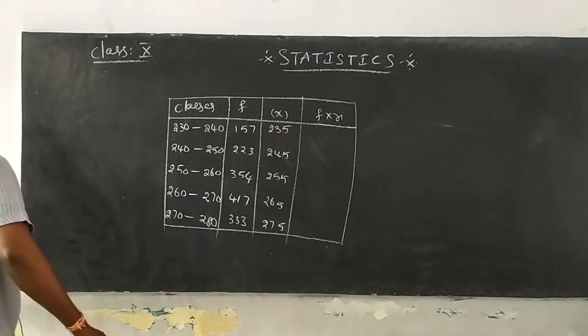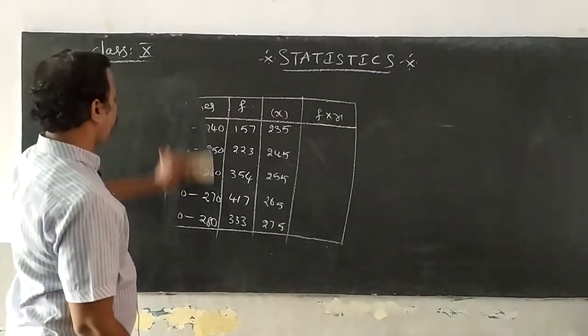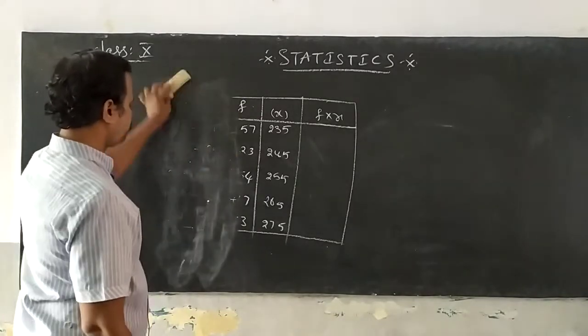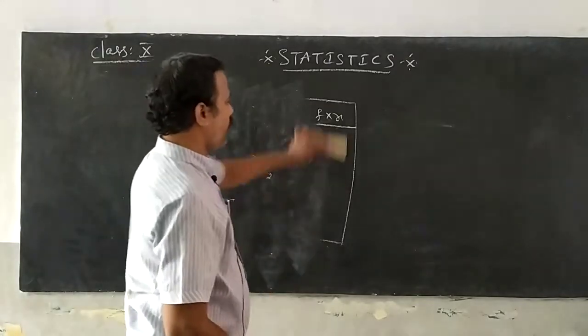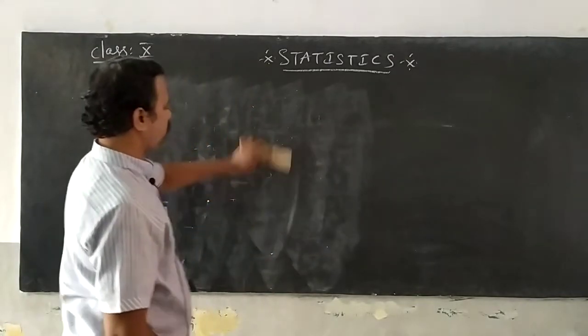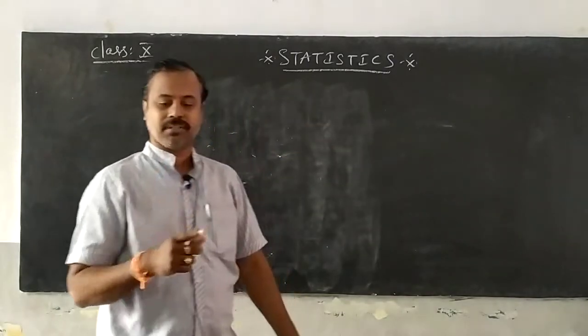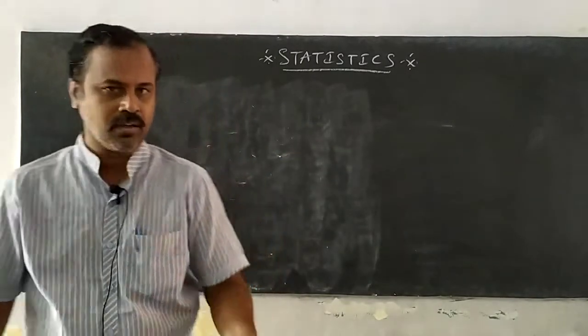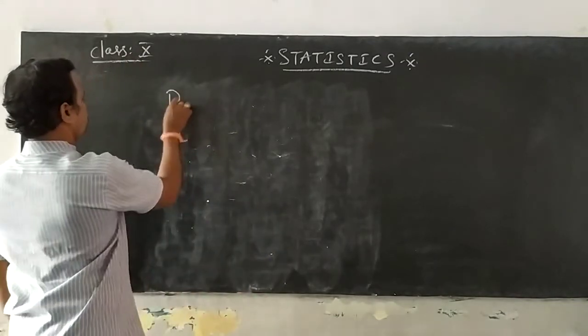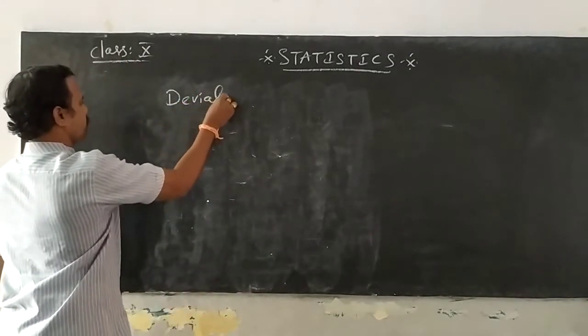Now, what is the main use of a deviation method? As in the example I gave, why don't we use the direct method? Because the direct method creates some problem, but it is a perfect method. Okay, right. Now, the second one is the deviation method.